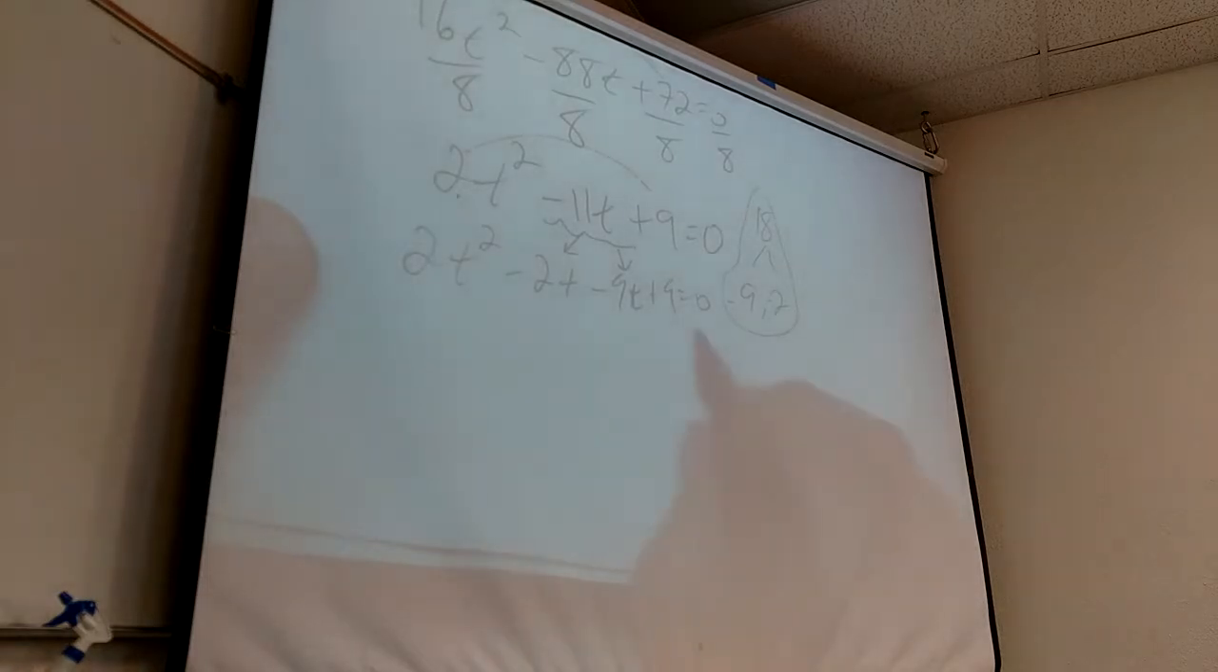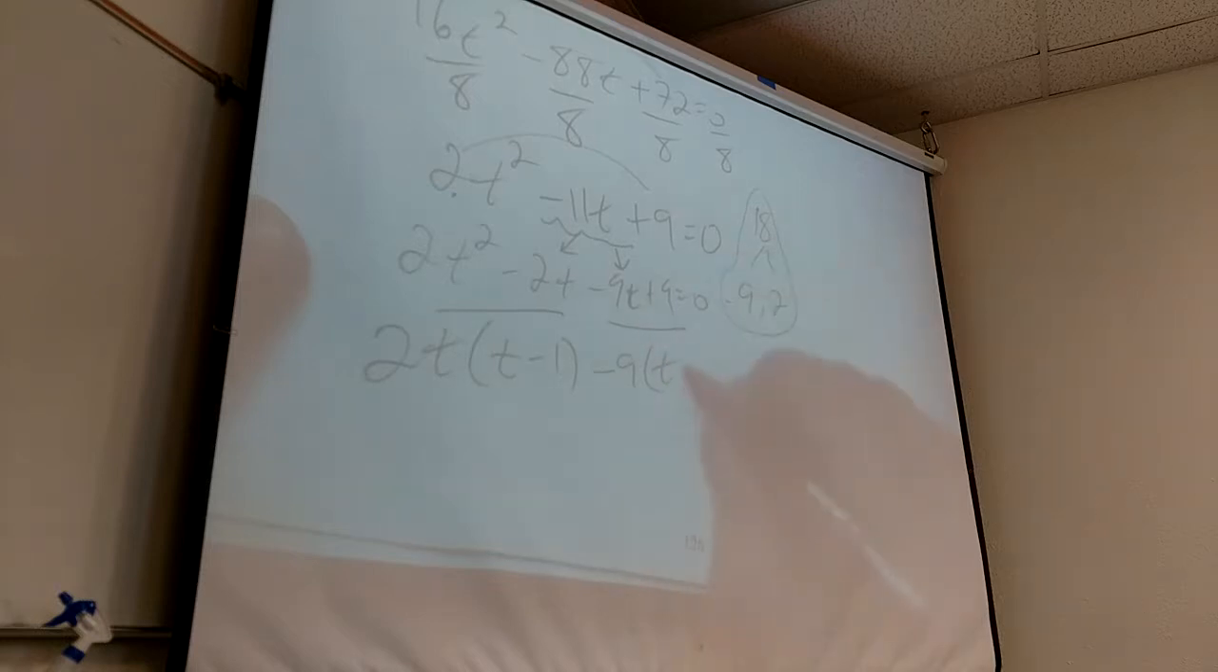And now what can I do with this? Group it. What comes out of these two? 2t. Minus 9. t minus 1. Yeah, you divided a negative out so the signs both change. The very people I see put plus 1 all the time here. 9 divided by negative 9 is negative 1. Now,